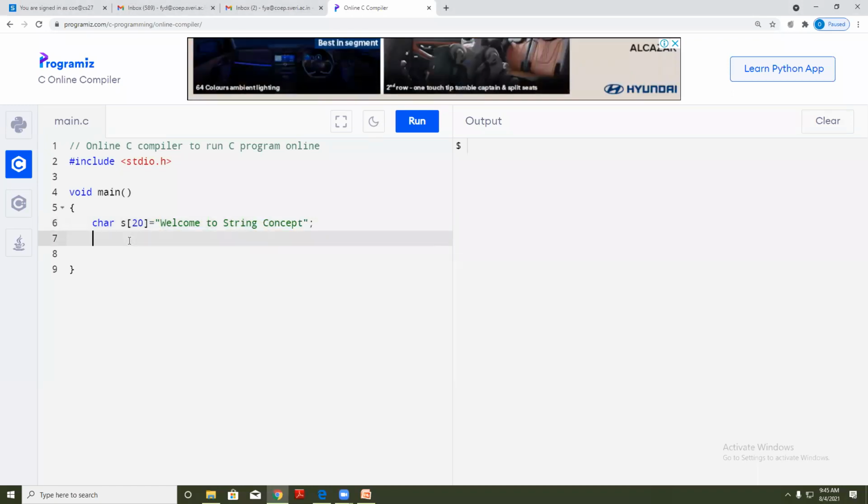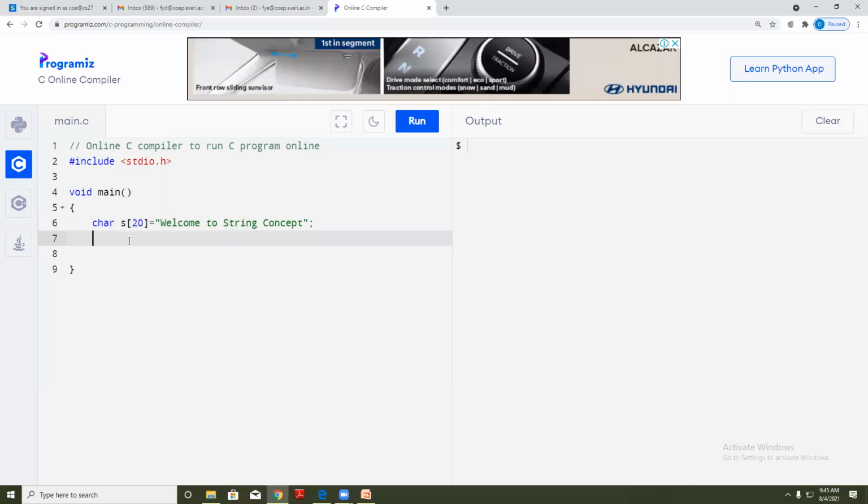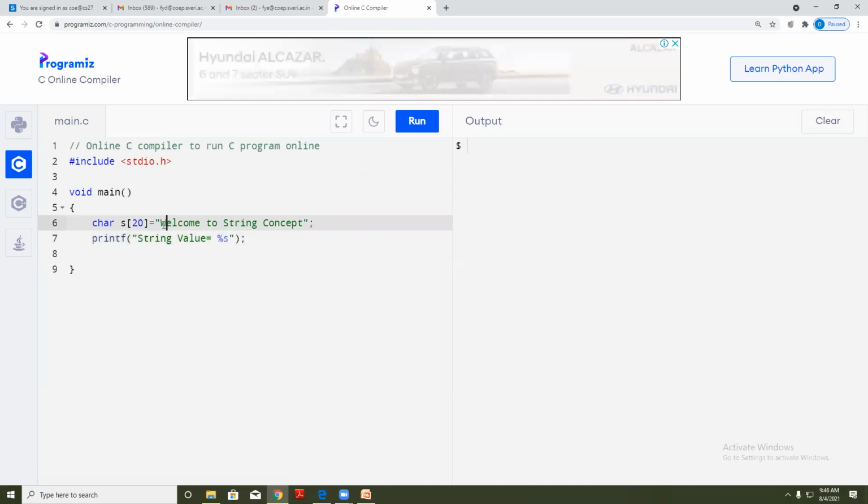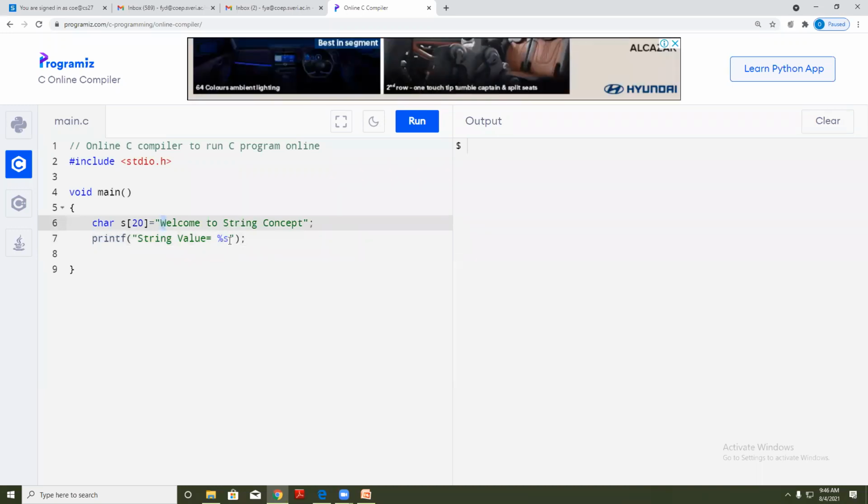Now to display the string, I am going to use printf, double inverted comma, string value is equal to. Now check here, I'm using %s. जर एक character display करायचा असेल मला, then I will use %c.